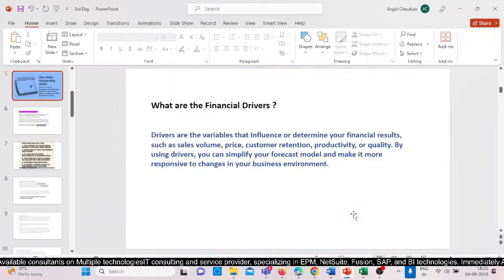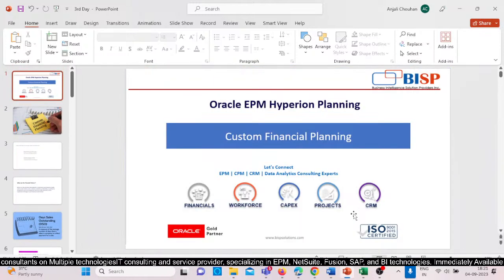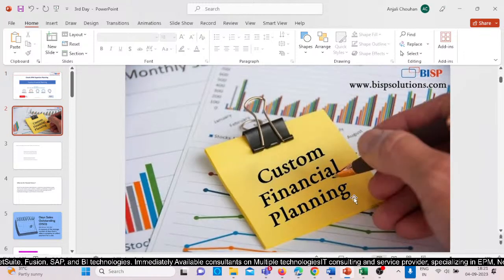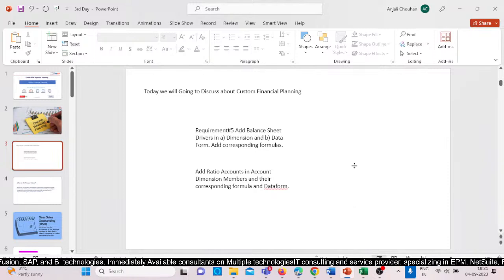Today we are going to discuss balance sheet drivers. In the previous sessions, we have already discussed what custom financial planning is, why we are doing that, and after that we have also discussed the data forms, like how we prepare the data forms for inputting the data, and today we will cover a few more topics, that is balance sheet drivers, dimension and data